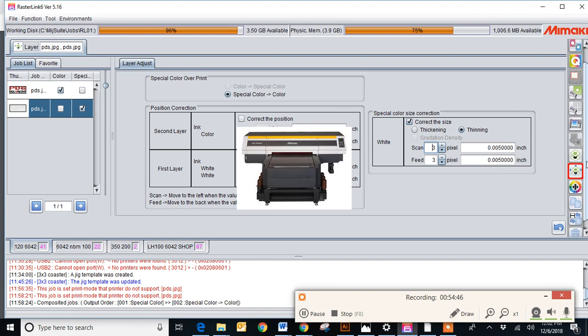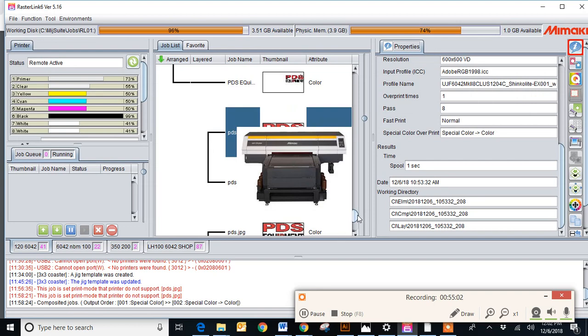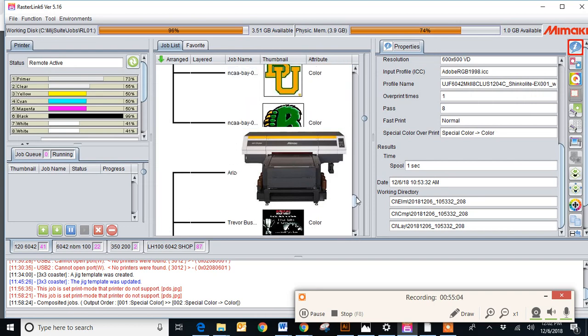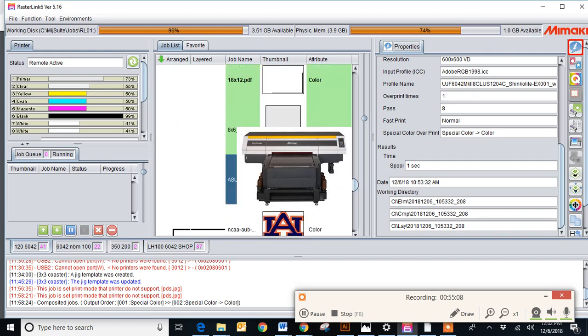I'm going to keep on moving over here to the next tab, which is going to be color replace. Okay, let me select a different file so I can show you guys some more features. This is not a true EPS. It has to be a true EPS in order to really make changes in a file. So this is a logo here. I'm going to come down here to this tab, color replace,